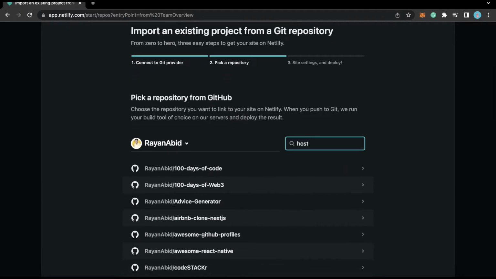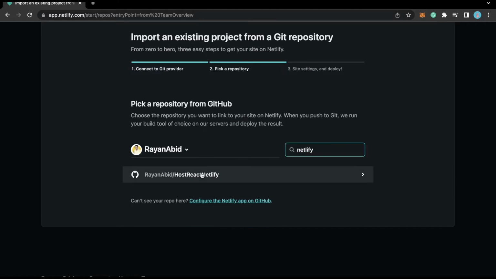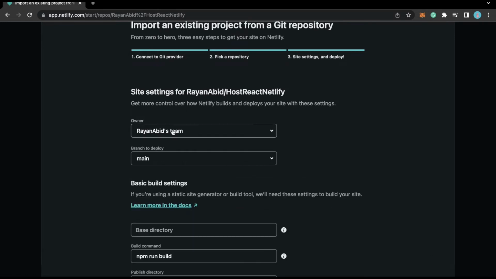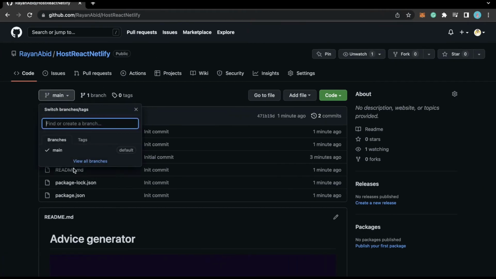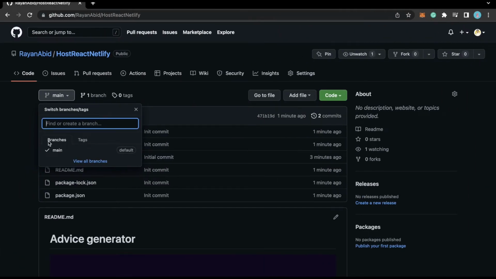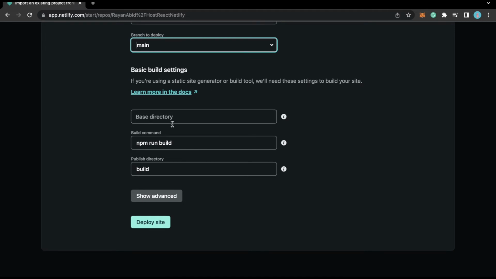It's, I think, host Netlify, I think. Okay, yeah, this is the project. I'll click next. So yeah, you can keep it whatever you want. Just keep it the same. Or if you are using some other branch, because I only have one branch, so I'm just selecting this branch. If you want to deploy the dev branch, for example, you will choose that branch, but if you have multiple branches, you'll have to select which one you want to deploy. So yeah, let's keep it the same. Okay, let's go to advanced.